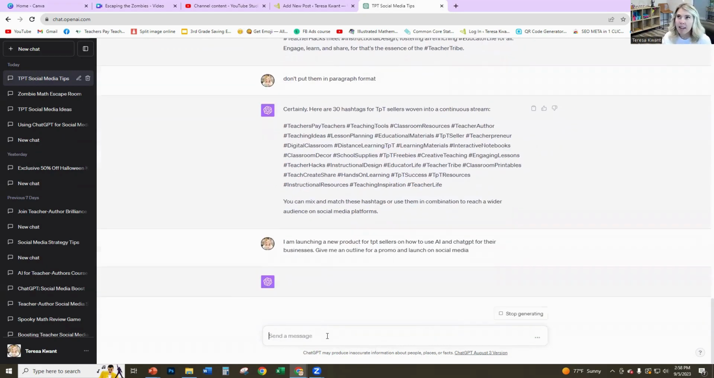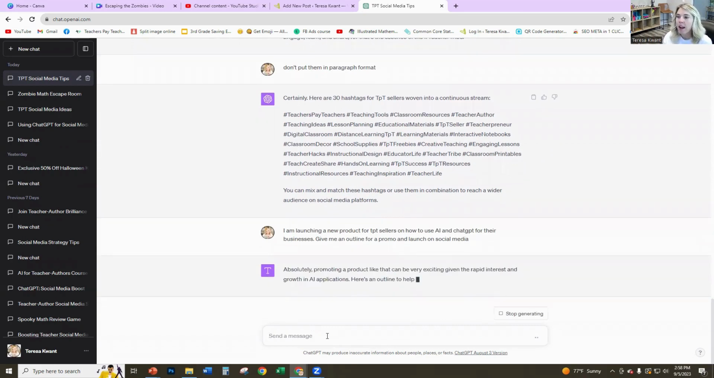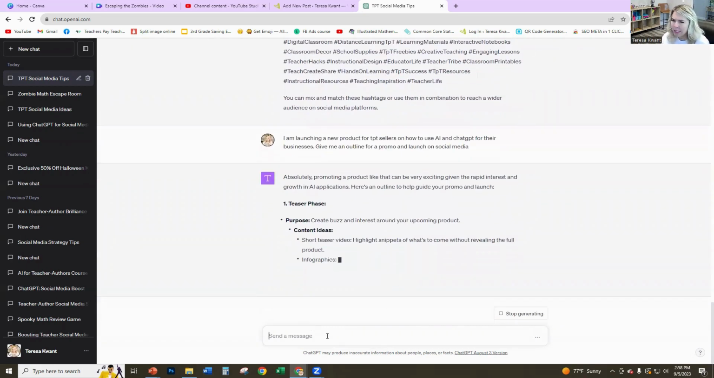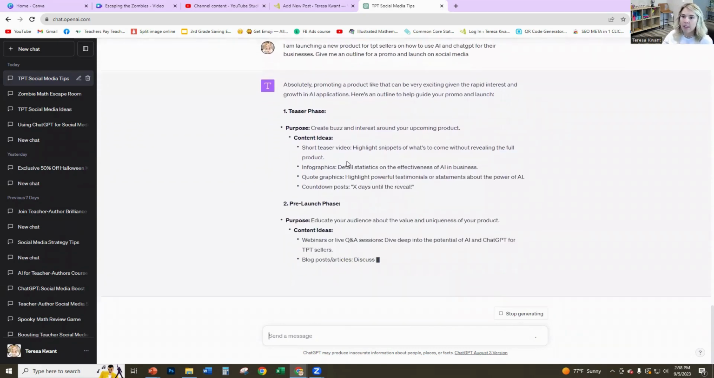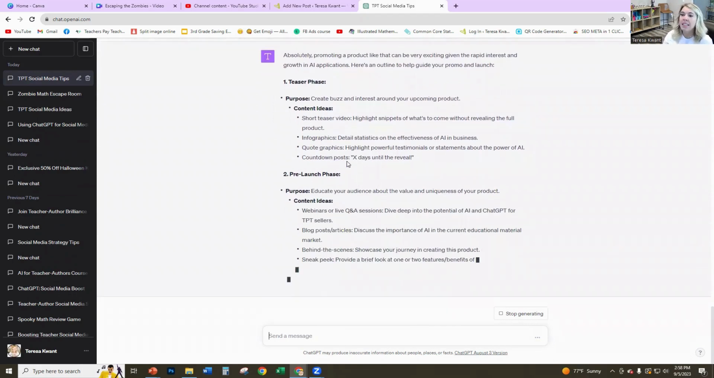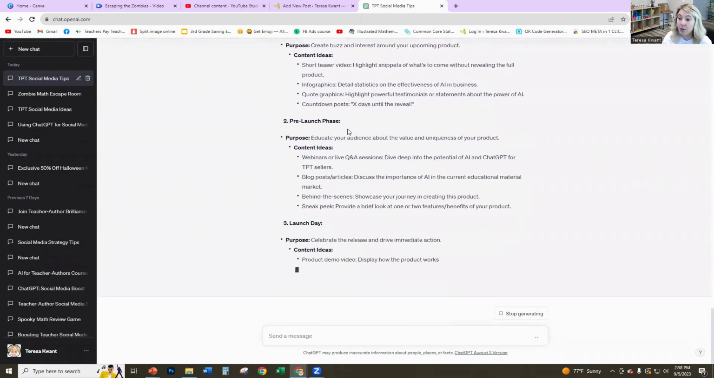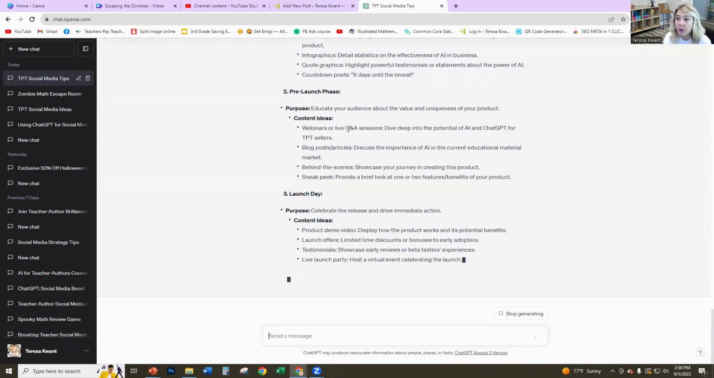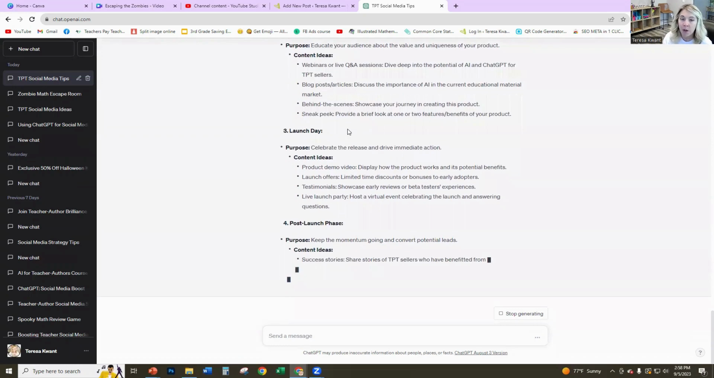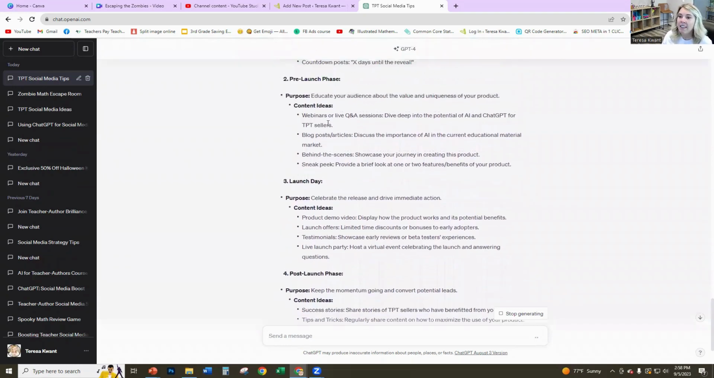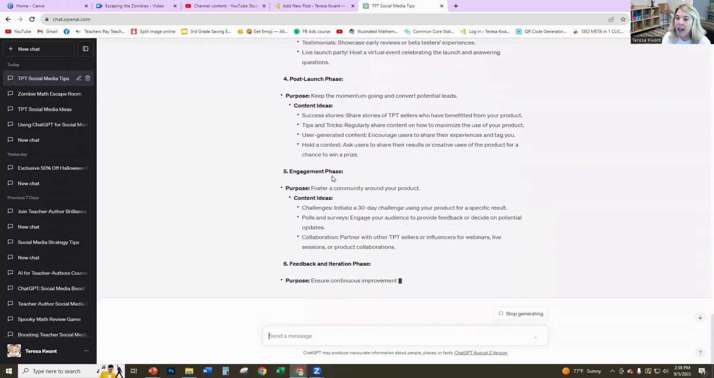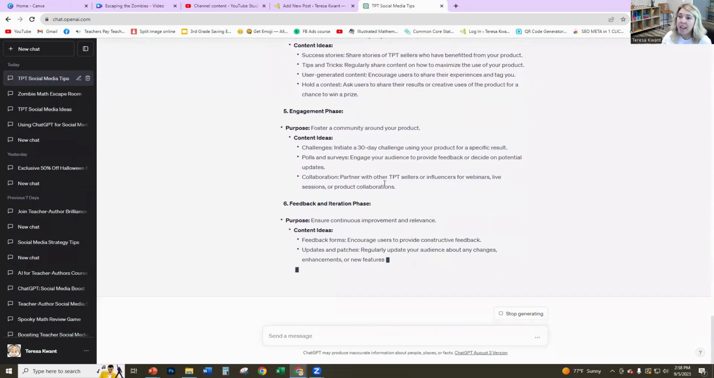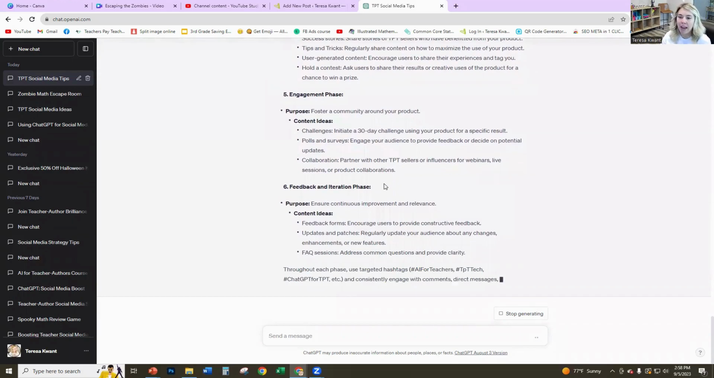And again, the more in depth I talk about my product and the more information I give it, the better output I'm going to get. But I do like this outline. It's telling me, number one, have a teaser phase. Number two, here's your pre-launch phase. And it's giving me the purpose and the content ideas. Now, this is great, especially for people who are brand new to owning a business and they don't really know the steps of a launch or a promo, or they need a little more guidance. Well, ChatGPT is like your little virtual assistant that you can go back and forth with, and it will help you. So this is a great little outline that it's given me on what I should do for my launch